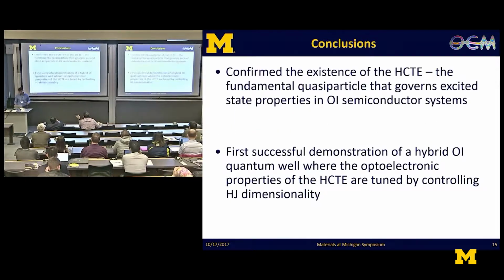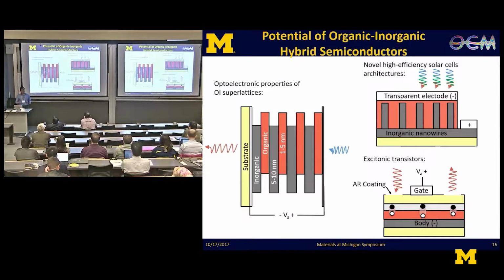exist. So in conclusion, in this work, I have confirmed the existence of the hybrid charge transfer exciton, the fundamental quasi-particle that's governing excited state dynamics in OI semiconductor heterojunctions. And this is the first demonstration of organic and inorganic hybrid quantum well, where the exciton properties are tuned using heterojunction dimensionality. And in the end, I would like to leave you with the possibility of what's possible with organic